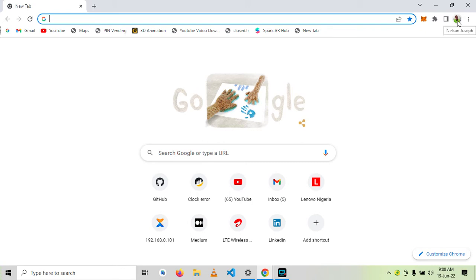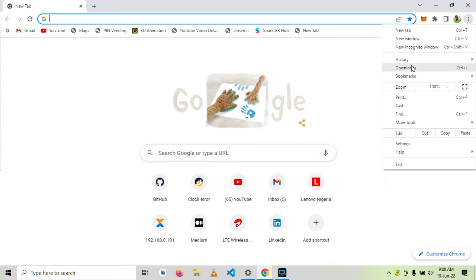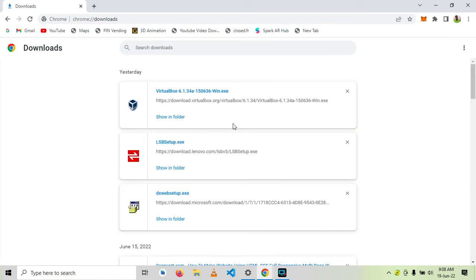I want to use this opportunity to maybe remake most of the videos we had, and in this episode we are going to look at installation of VirtualBox. And VirtualBox is just like a